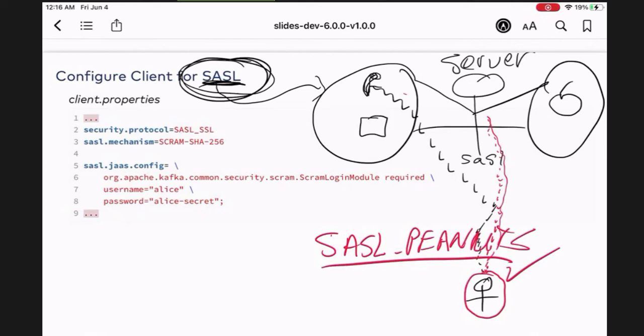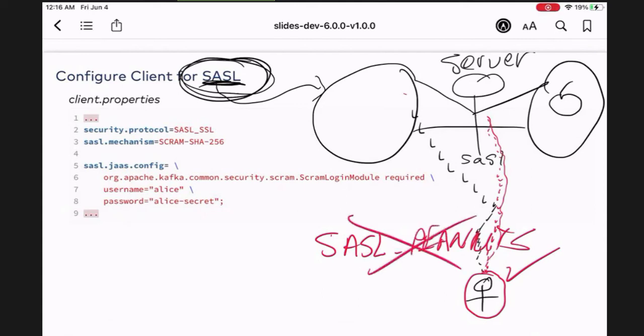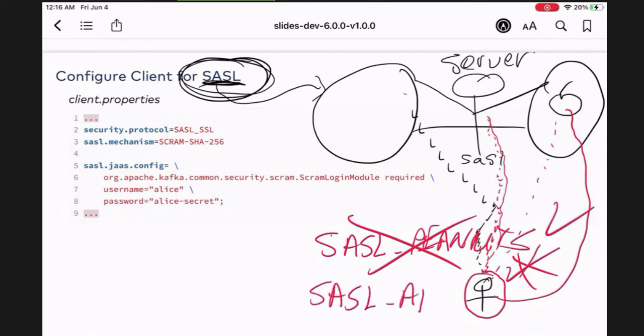Well, when you're doing SASL, the choices you have here to use are not peanuts and apple. So you will not be able to do SASL peanuts because you fail the challenge. But you can say, well, that didn't work because I failed the challenge. I blew up. But well, what if I try apple? And then you get a little bits of apple dust. And then, ching, yes, it does work for the apple. So you can do SASL apple. But like I said, this is a really silly example.